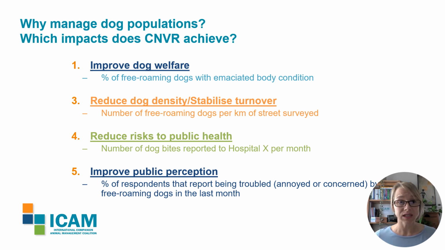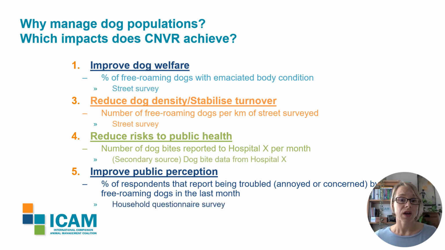And key to selecting these indicators is to have a method of measurement that is robust and repeatable. So by definition, this needs to be simple and affordable, because you'll need to keep repeating it. So here are some examples of methods of measurement. We have a street survey coming up for the first 2, which I'll talk through in a moment. For the third, we see a method of measurement that relies on someone else. It's a secondary source of data because someone else, the hospital in this case, is doing the data collection. Our job is to establish regular access to that data, and that will probably require a direct contact with the hospital. The final method is probably the most time consuming, which is a household questionnaire.